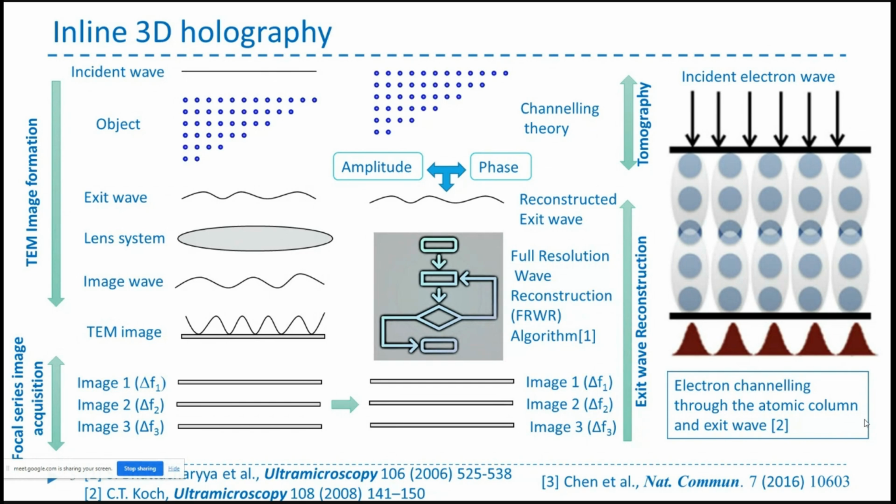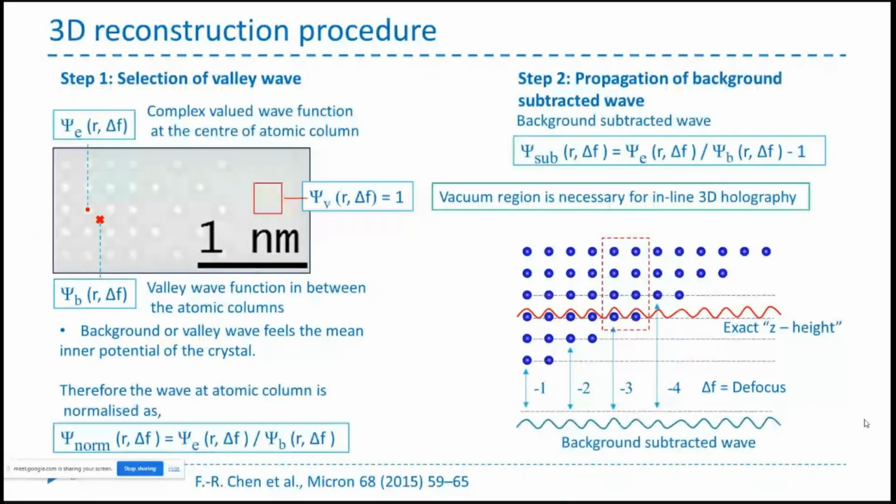And electron channeling theory works when the electron goes through the material like this, and the difference between two atomic columns should be more than 1 angstrom, because below that, the electron from one channel and the electron from another channel will interact with each other. So you cannot use electron channeling theory. The basis of electron channeling theory is that the channels should not interfere within the material. Okay, so how does this method work?